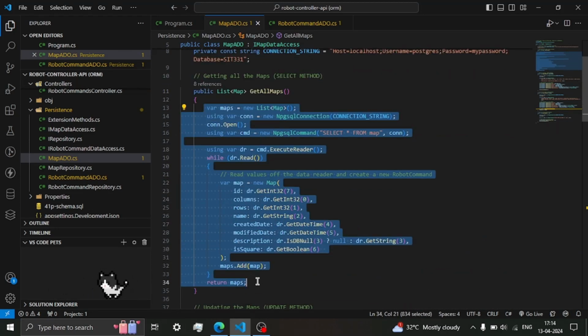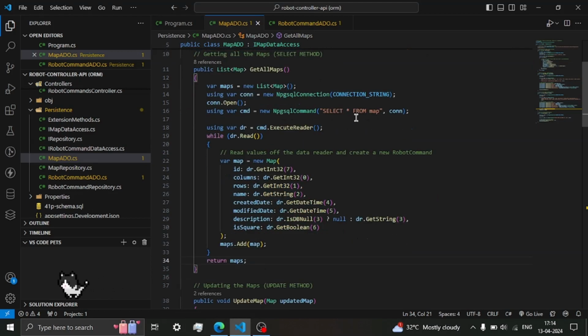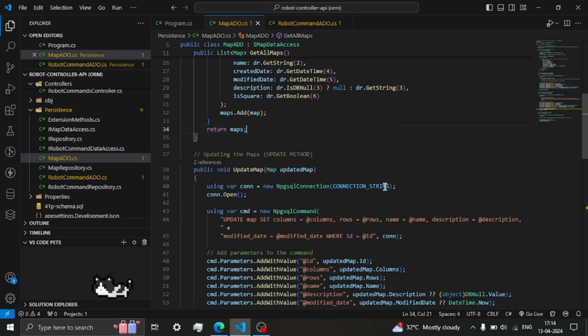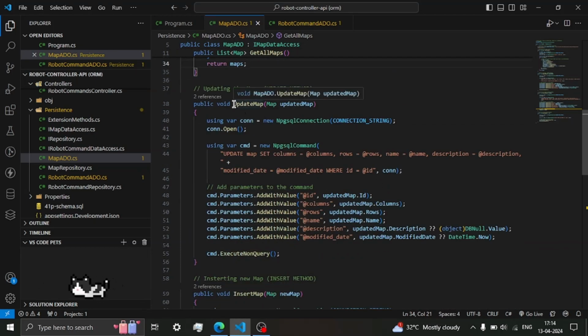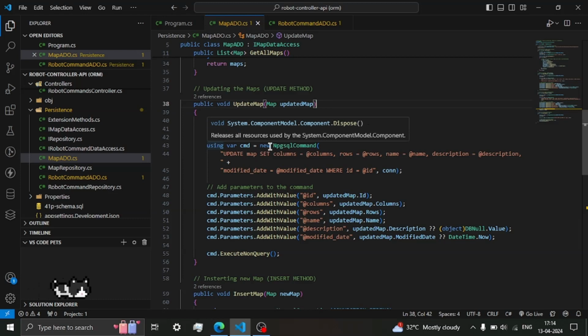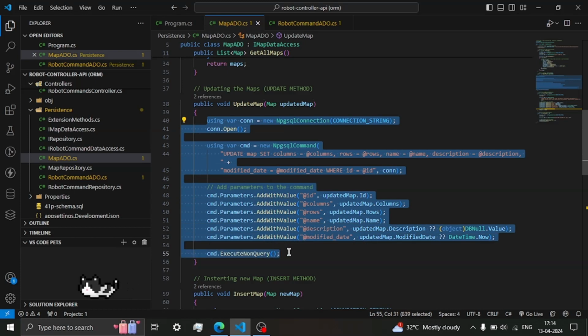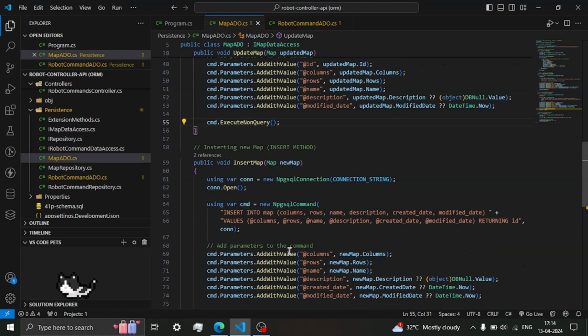This function retrieves all map entities from the database. Using an SQL query, it fetches the data from the map table, constructs map objects, and populates them into a list. Next up, the updateMap method. This operation updates an existing map entity in the database. It executes an SQL update command modifying the columns, rows, names, description, and modified date fields based on the provided